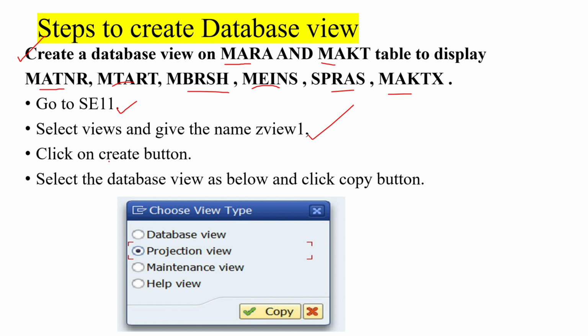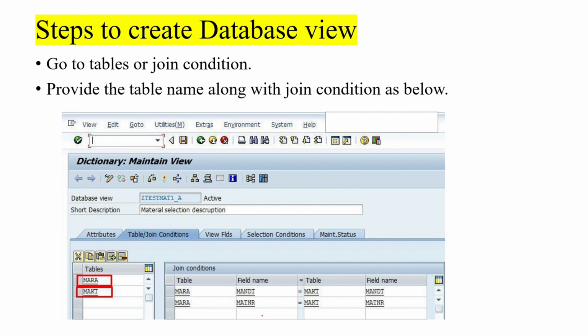Thereafter click on the create button. We will get this type of screen which will ask us to choose the view type. Whichever view we want to create, that is database view we are creating, click on the database view and click on the copy button. Then thereafter we will get the maintenance view page